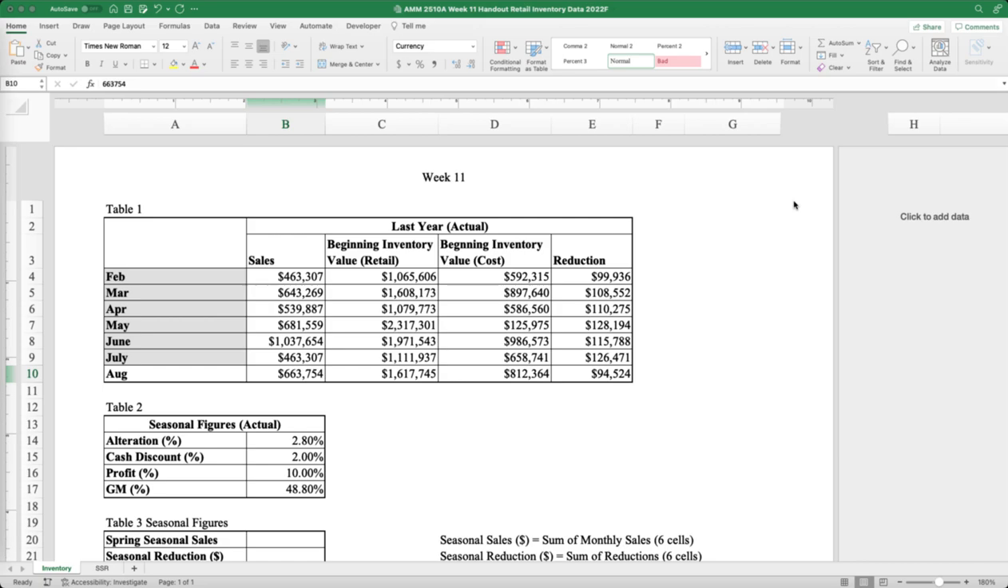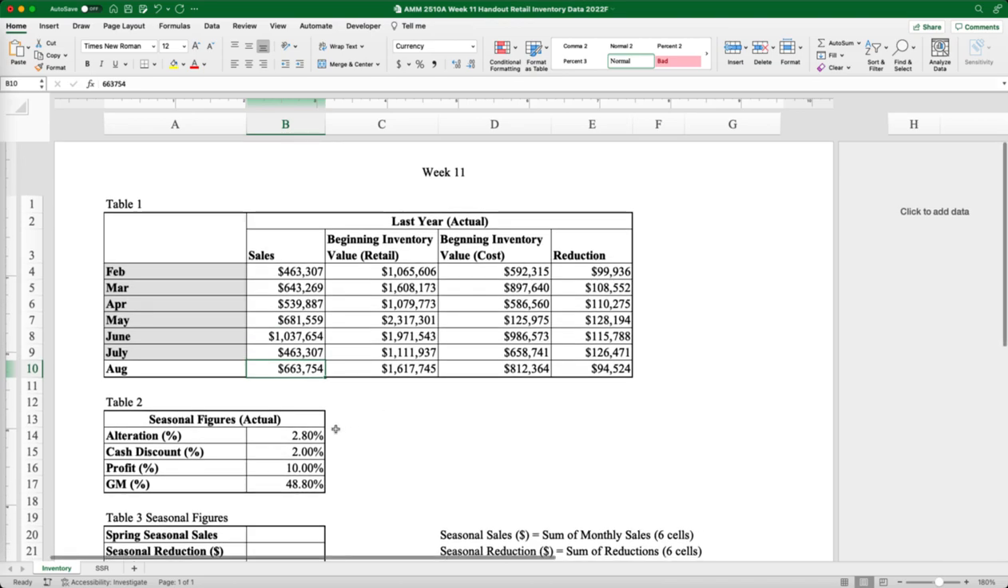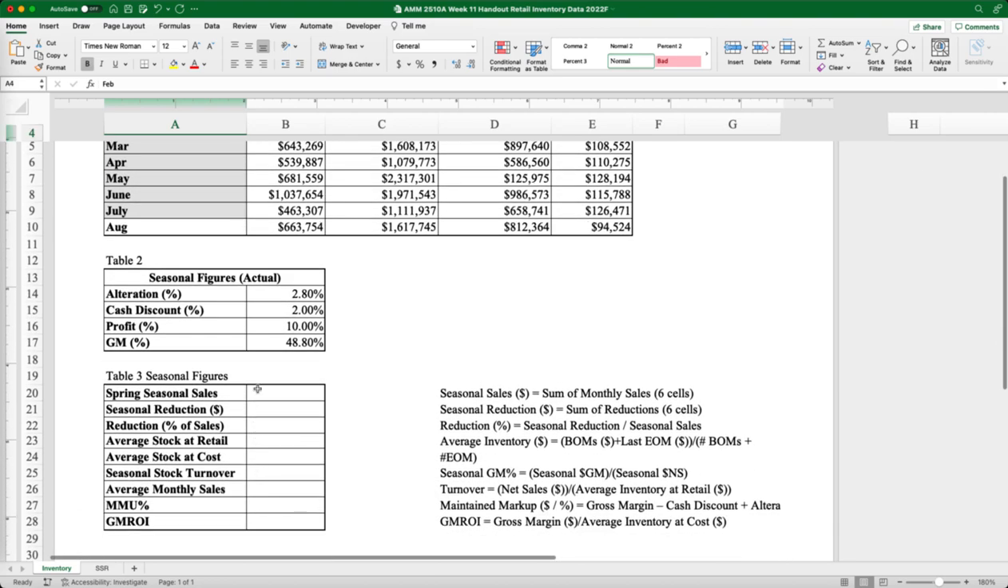Hey class, this week we are going to do inventory management. So we are setting up an inventory table. The current data sheets demonstrate last year's sales number, inventory, and reduction. So what we're going to do is base on the monthly sales, inventory numbers, and reductions to calculate seasonal